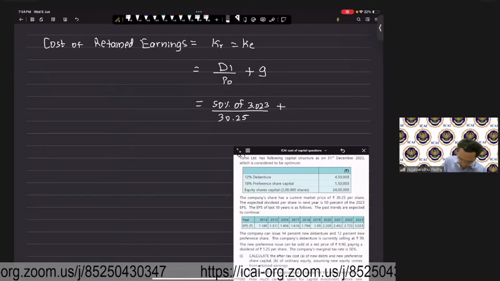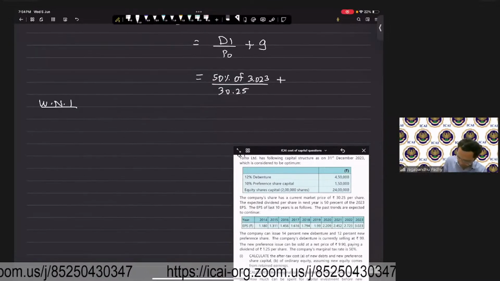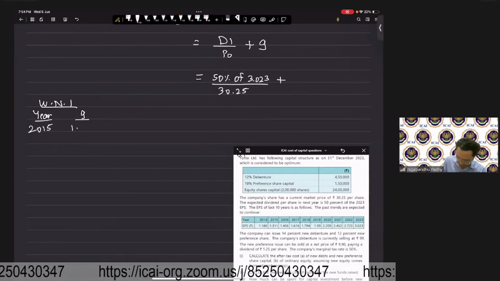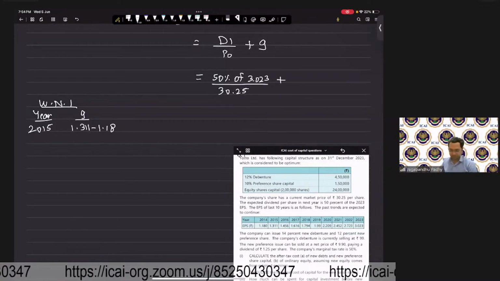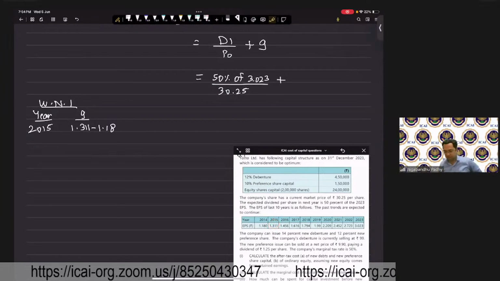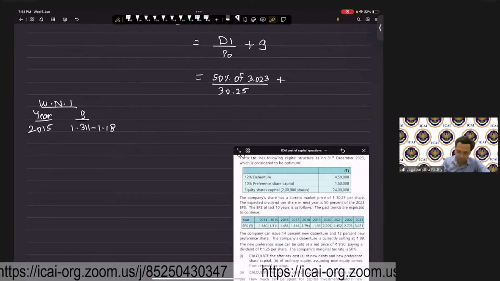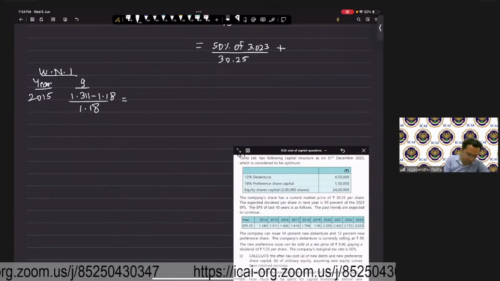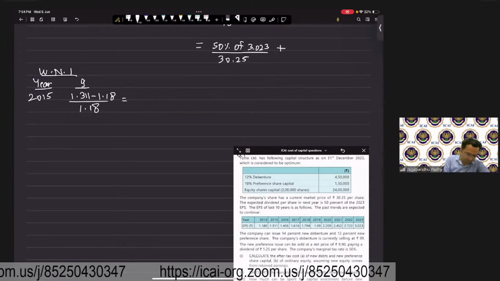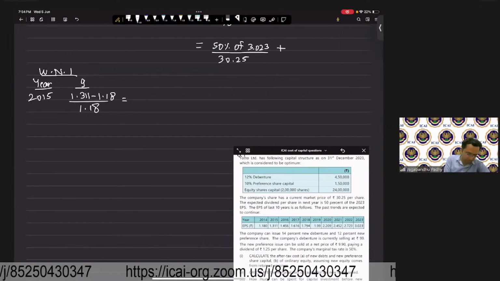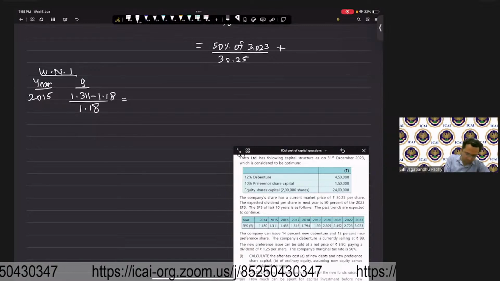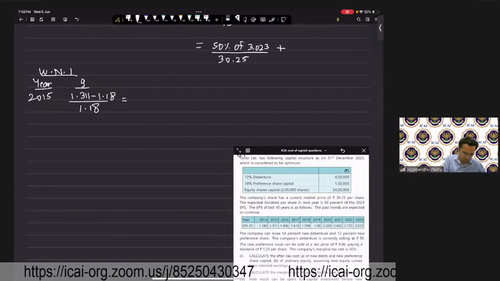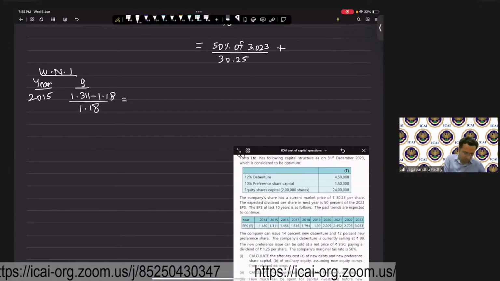just do a small working note that will say year and the growth rate. In year 2015, the growth rate is basically 1.311 minus 1.18, because the dividend in 2015 is 1.311 and the dividend in 2014 was 1.18. So we want to know what growth happened in 2015: 1.311 minus 1.18 divided by 1.18. That works out to